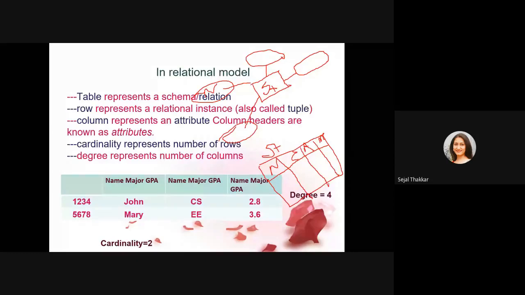All the attributes of a particular entity of the ER diagram become columns for our relational model, right? And this column is known as an attribute because this attribute will become a column. That's why we can say that these columns are the attributes. And the collection of columns, or collection of attributes, is known as the degree. Suppose I'm calculating here. Name is the first column, enrollment number is the second column, address is the third column, mobile number is the fourth column. So I can say here degree is equal to 4 because there is a collection of 4 columns, right?